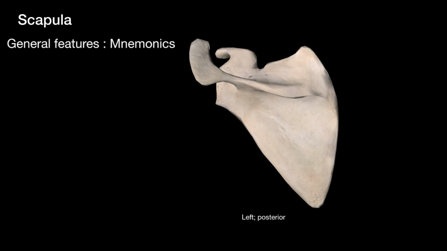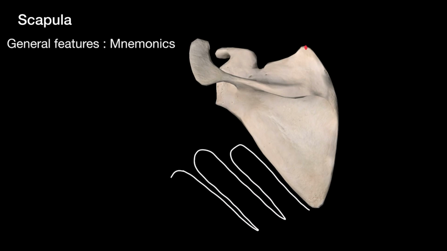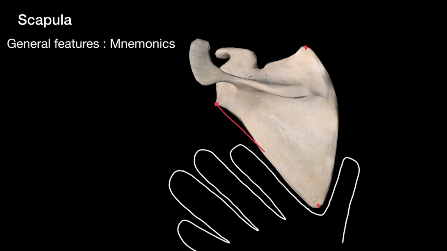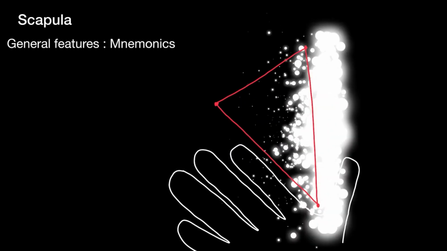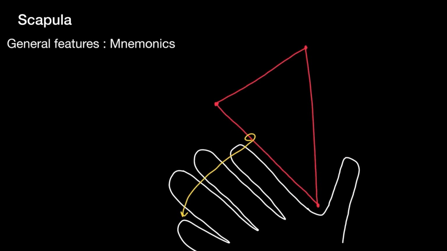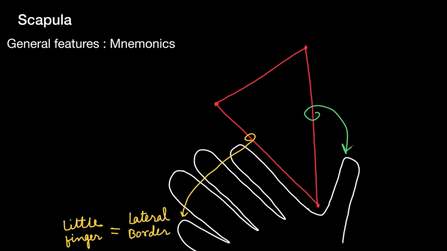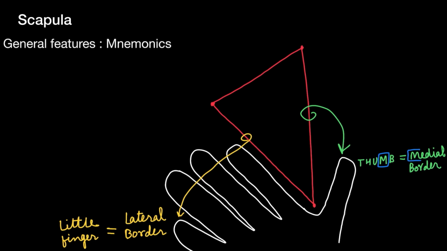The trick to remember all the angles and borders is to try to imagine a scapula between your index finger and your thumb. Now we don't need this complex diagram, so we are going to replace this with a simple figure. We will do borders first. So the line which is near to the little finger is the lateral border. The line nearby thumb makes the medial border. Both the letters have one word common, which is M. It can be a good reminder. The line which is superior to both of the lines is the superior border.